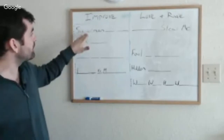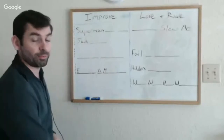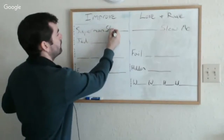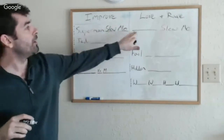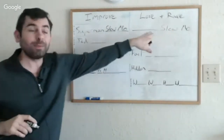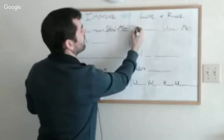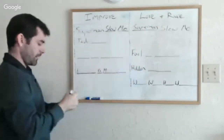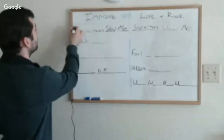So let's talk about this first one. This first one is what I call the Superman slow motion analysis, right? Or Superman slow motion, Superman analysis, right? So, and you'll notice Superman slow-mo. Over here, I also have blank slow-mo. That's because this first one actually works in both situations. It will improve your students, and it's going to get them to love and rave your classes. So I'm going to write it in here. Superman. All right. So this concept is, right,